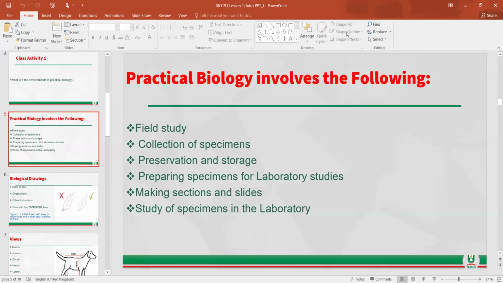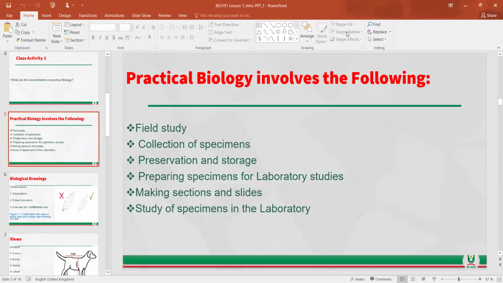Parts of the organisms to watch them, how they live, how they interact with other organisms, the factors, both biotic and abiotic factors. And there are times we have to collect specimen. When you get there, you may need to collect specimen, that is live organisms, as the case may be. Then we have to revert to the lab. In the lab, those specimens may need to be preserved and may need to be stored, as the case may be. Then lab technologists take care of those and will even introduce you to them.